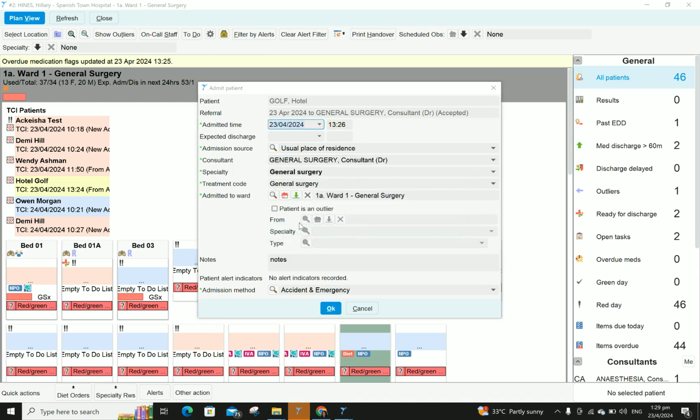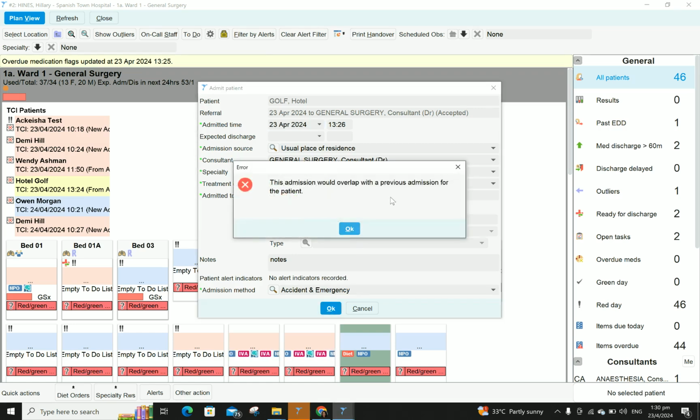So you see where it says this admission would overlap with a previous admission for a patient. This is something that I want to highlight. What this means is that this patient has not been departed from the accident and emergency room. So they're still admitted in the A&E mode. So this would mean that you'd have to contact A&E and tell them to depart the patient, and then you can admit them. So I'm going to go ahead and do that, and when I come back, we'll be able